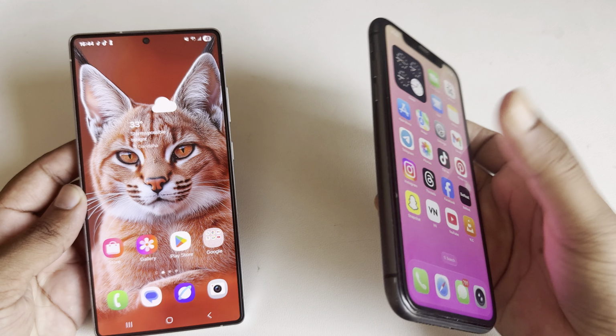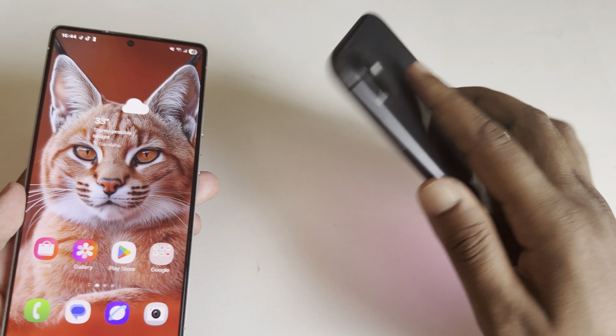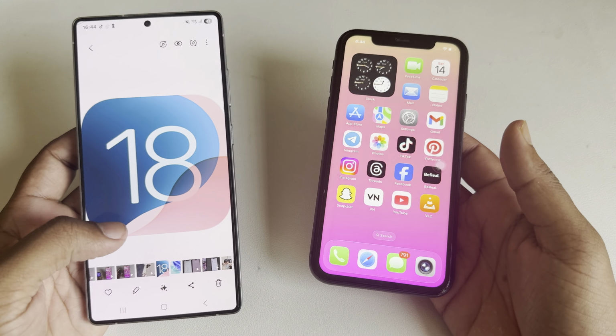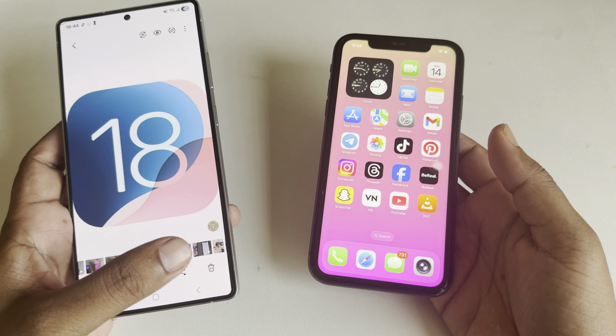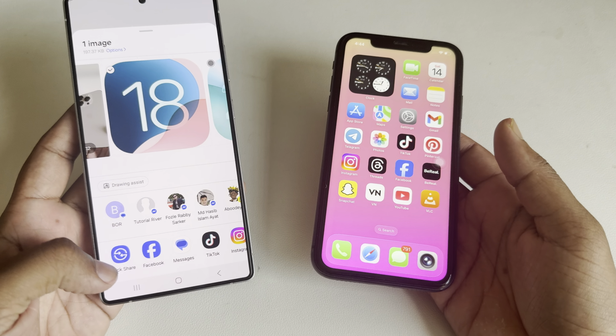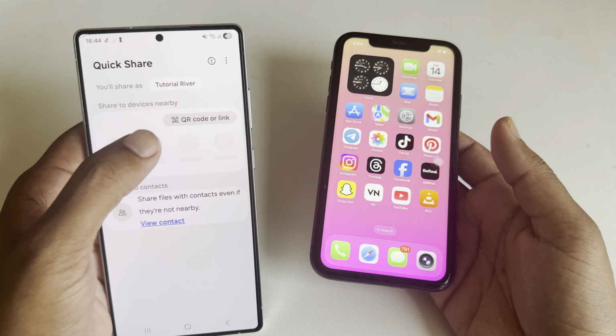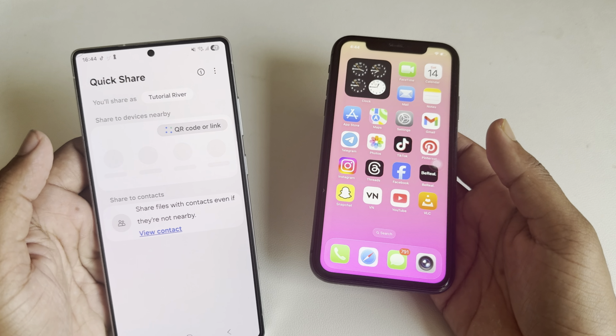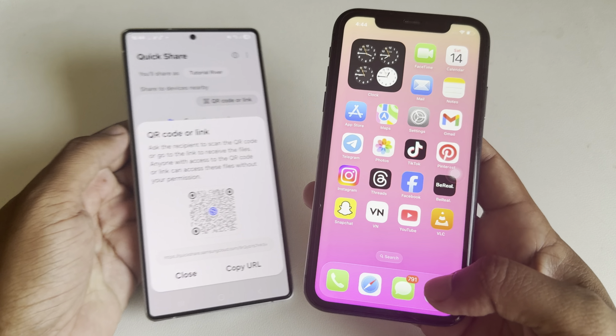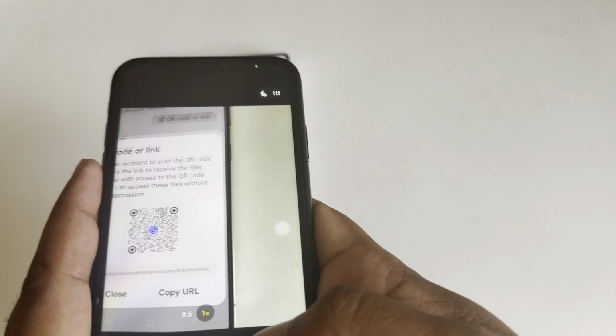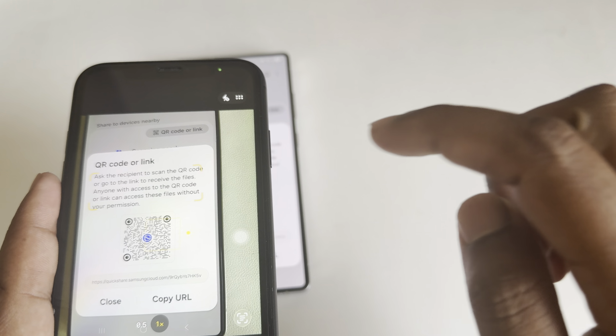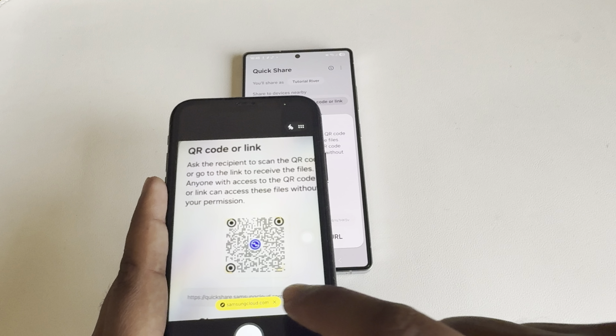So the easiest and fastest way to transfer files from Android to iPhone: simply open up any image or video. For example, I want to transfer this one. Press on share, press on Quick Share, then you can see the QR code. Just press on the QR code and you have to open your camera and scan this QR code, then press on